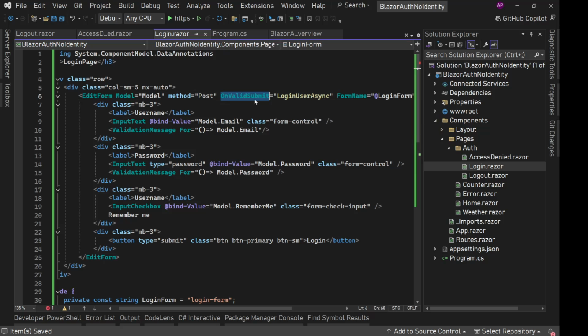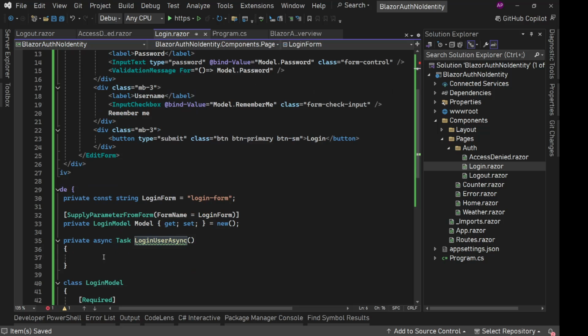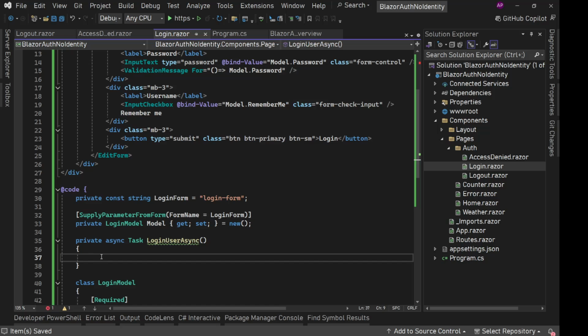And after that, we know that on valid submit, it needs to call this method. Then it will simply call this method, and inside this method we will have access to this model with actual values, whatever we have provided. Okay, so now we are not having any authentication mechanism right now. When I say mechanism, maybe the database service or some external third party provider, anything for checking this username and password. So we would assume,